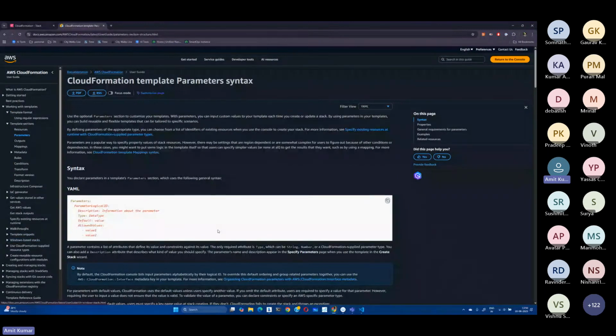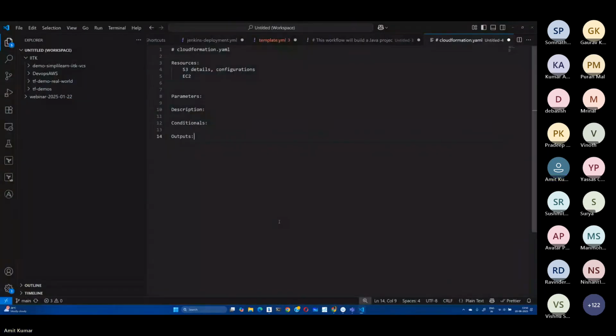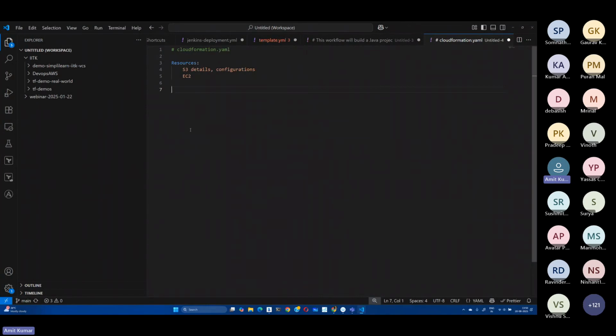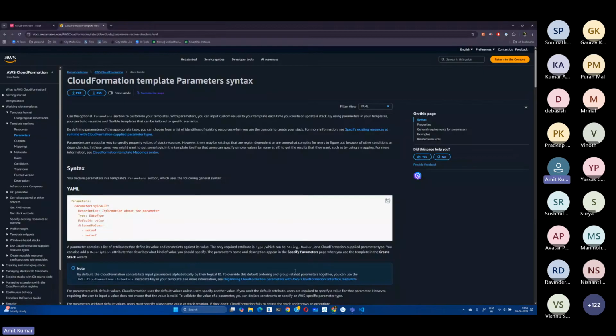Now, let's say I want to create an S3 bucket using CloudFormation. So how do I write it? I know these sections are optional, so let's not get into this. I will also mark it as YAML. So now I want to write some resources and I want to create an S3 bucket, right? How do I write a resource definition for that? You don't need to memorize anything. You can go to the documentation, and here you will find